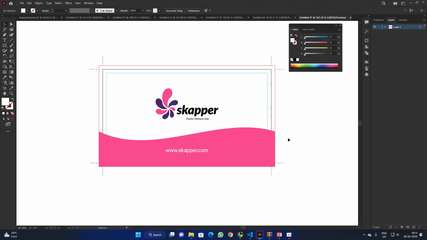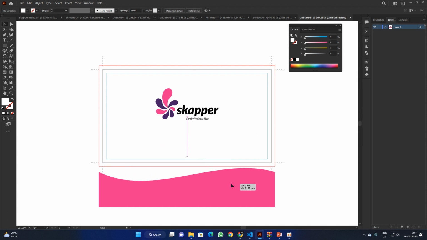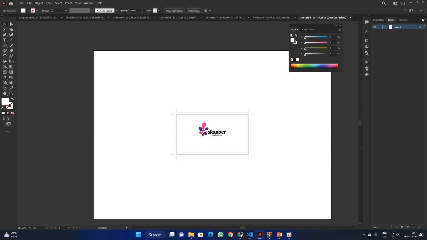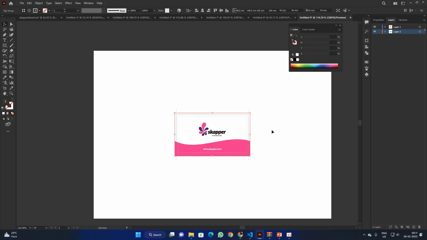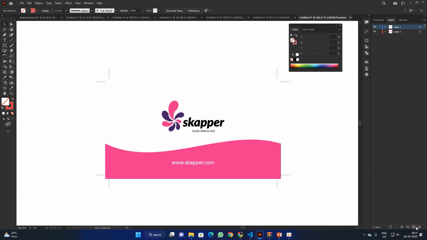Please do let me know, is it fine or not? I don't know. Anyways, just select these templates, Control X. Sorry, I have to separate this. Control X first, then I will take a new layer and separate it, place it at the back. Okay, now select these 3 templates, maybe individually I have to select them, and Control X and Control F to